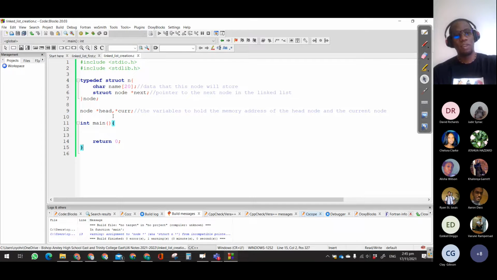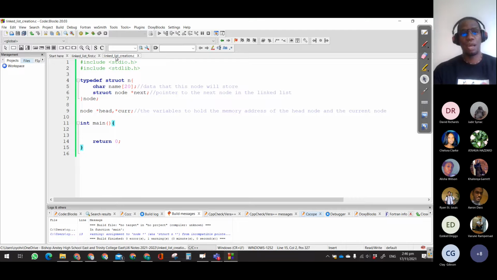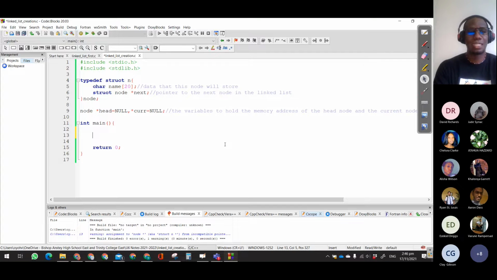Okay. So I have the whole setup from before, the same setup from before. And again, I want to say in the beginning that head is equal to null and current is equal to null. And what does that tell me? That tells me that the list is empty from the jump, right? Head isn't pointing anywhere. We don't have any current pointer, okay? And I will use that in the development of